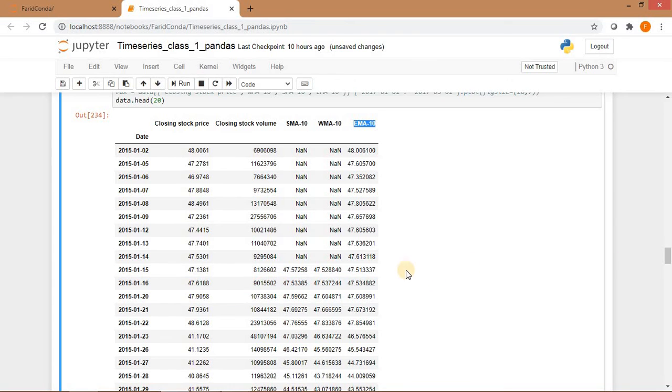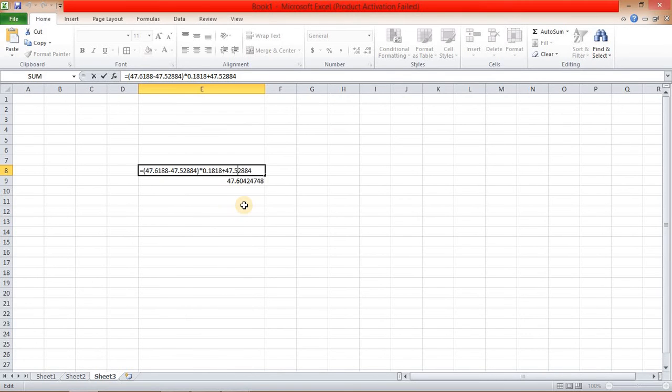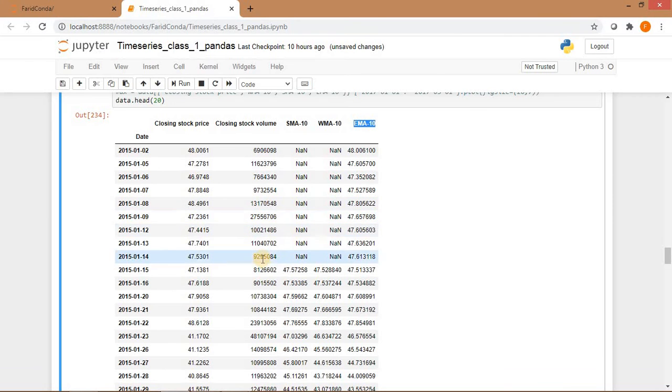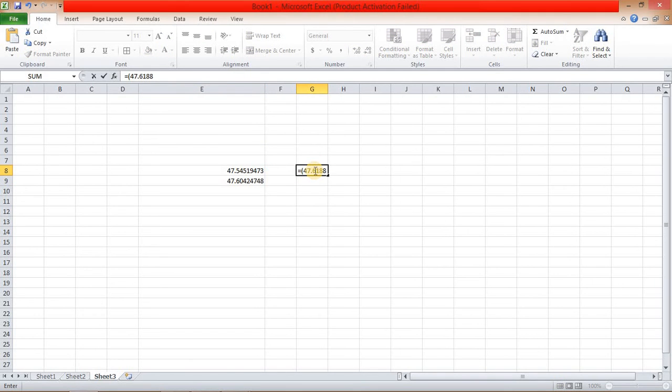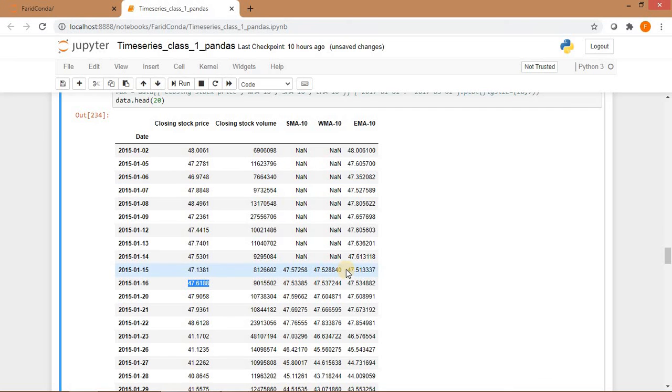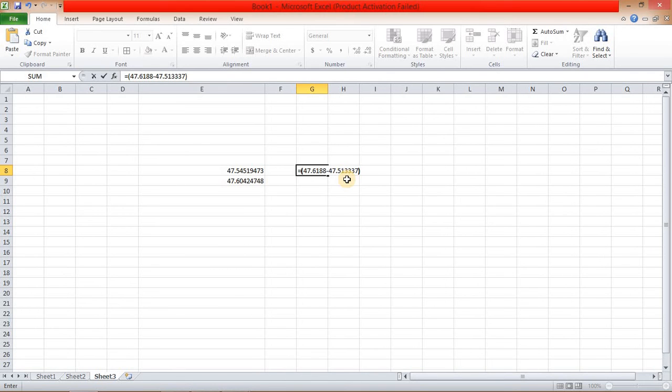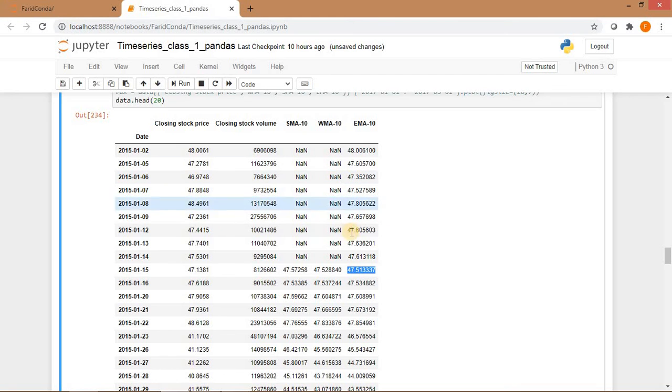Let's calculate the exponential moving average manually. I have taken this particular data point. My intention is to get this result. So what it will do is take the current value minus the previous exponential moving average, and then it has crossed the 10th data point, right?